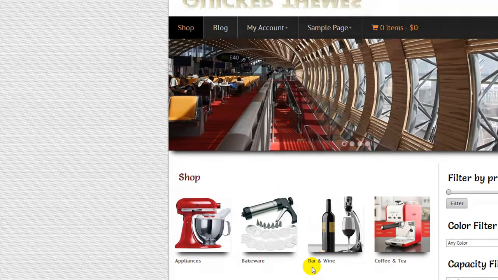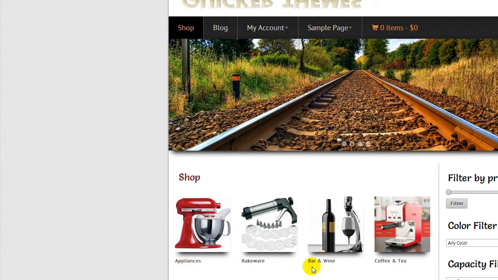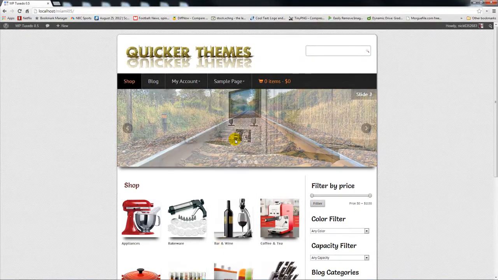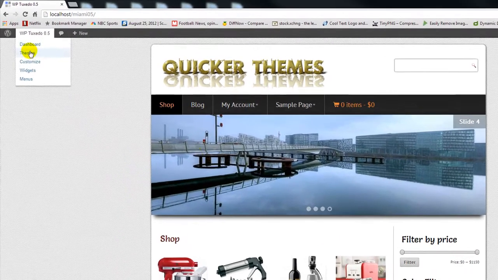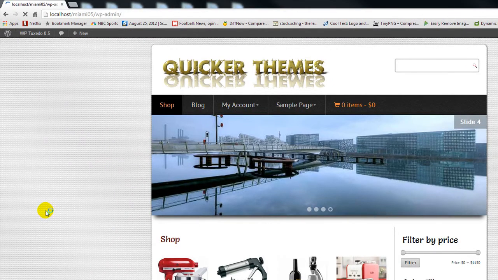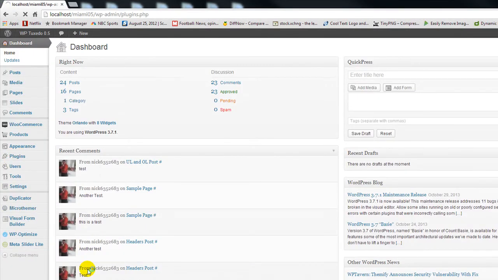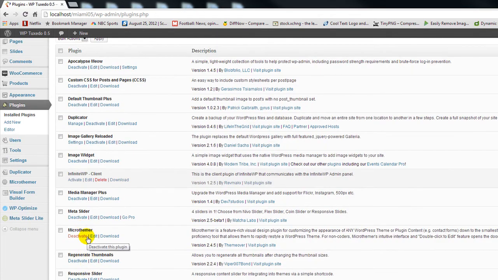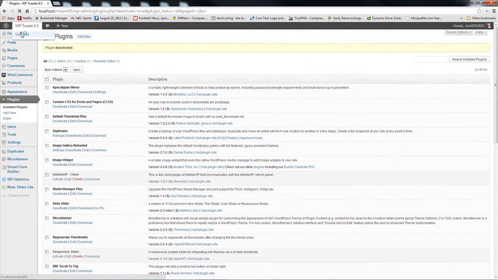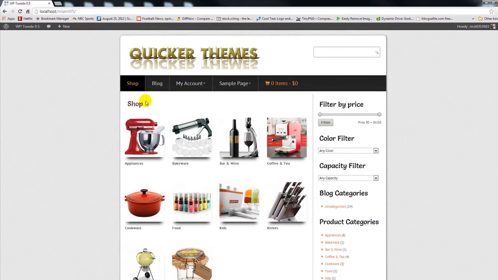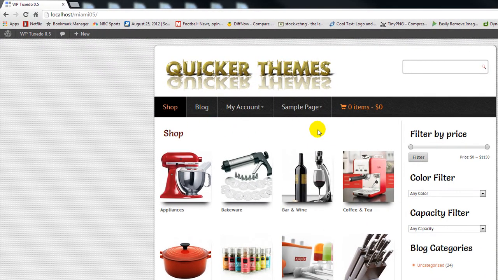So what you can do if you don't want to mess with the code, and you still want to use a slideshow, you can do that fairly easily. So let me show you really quickly. I'm gonna go ahead and turn off the responsive slider. The way to do it is simply go to the plugins and disable it. Alright, so that's gone. So I'm gonna use the top page widget area to put another slider in there,